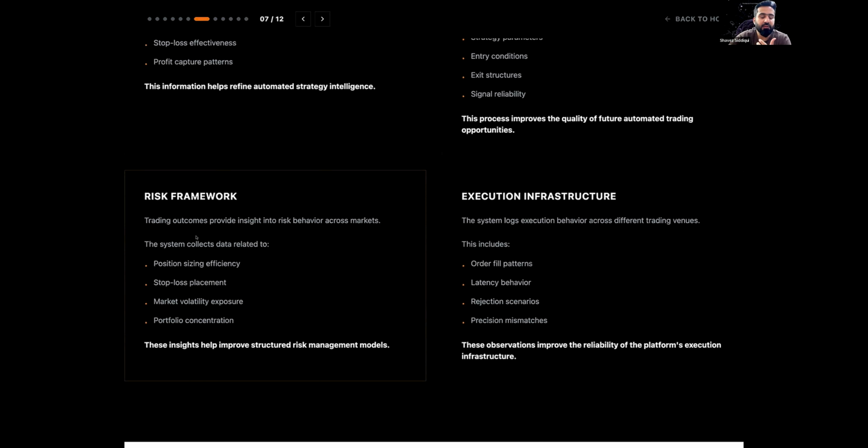Then the risk framework becomes smarter and smarter with every trade that you execute. Position sizing efficiency builds, stop loss placement builds, and market volatility exposure gets more intelligent with every trade. Then there is portfolio concentration. Let's say